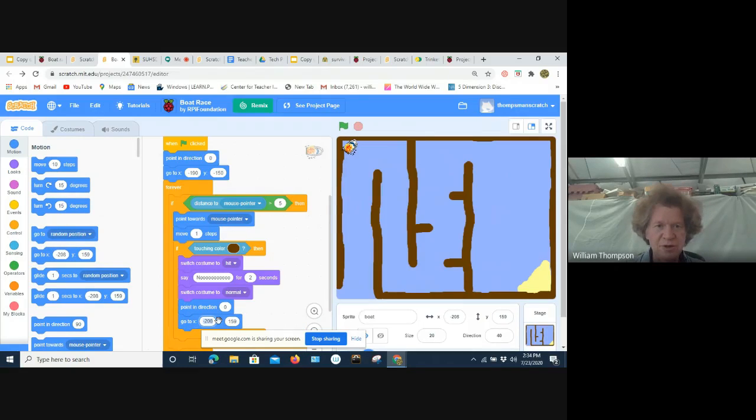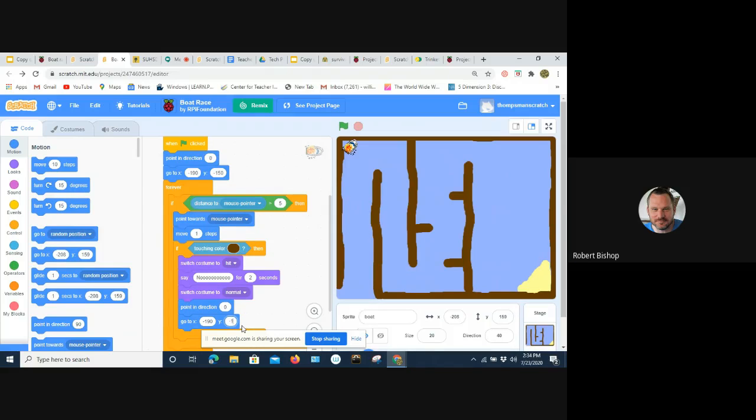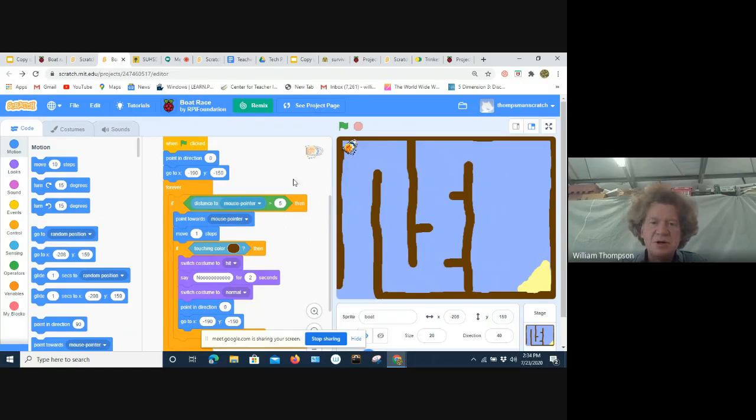And our starting point was -190 and -150. So after we run this, when it starts over, here, now test my code. No, and it goes back to the start.